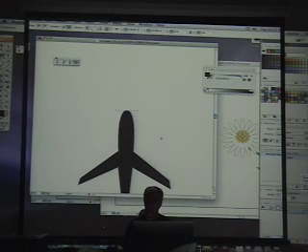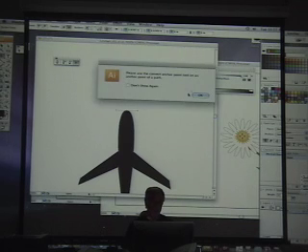You can also add anchor points, you can remove anchor points, you can really start with a very basic shape and come up with something very complex when you're done, or vice versa. Start with a very complex shape and end up with a very simple one, depending on what you want to do. There's also the group selection tool. Right now,